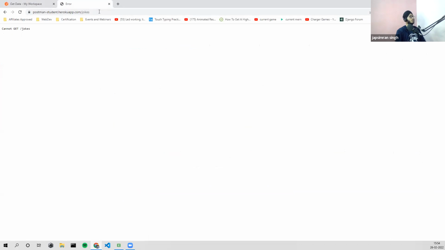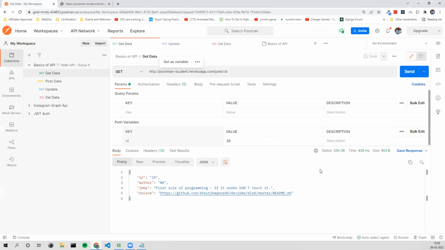We have jokes. Okay, which joke? There was an endpoint to get all the jokes. I think I missed it. Give me a moment. Give me a moment. There's a good one: when the error is on line 42, but you only have 4 lines of code. That happens when you use a library or a package.